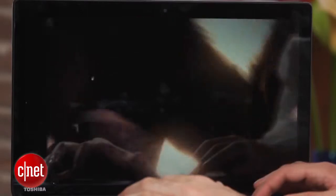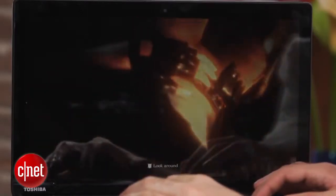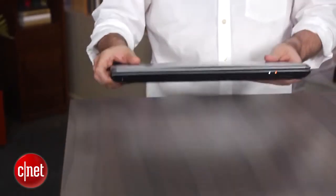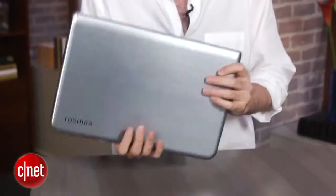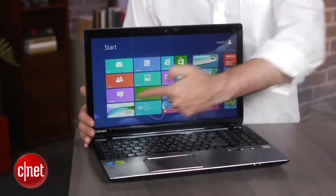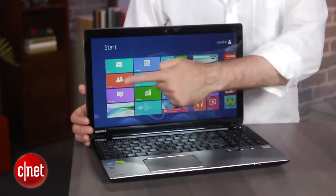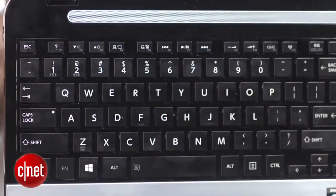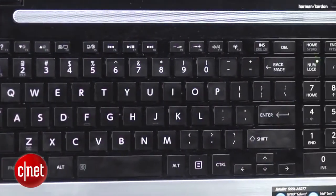Let me explain. If you want a laptop that can play games, you usually have to get a big, bulky desktop replacement, or you have to make do with very simple games that you can play on a smaller laptop. Very few people make a reasonably slimish, mid-sized, mid-priced laptop that has a discrete graphics card and a touchscreen. You very, very rarely see a graphics card and a touchscreen in the same system, even in the Windows